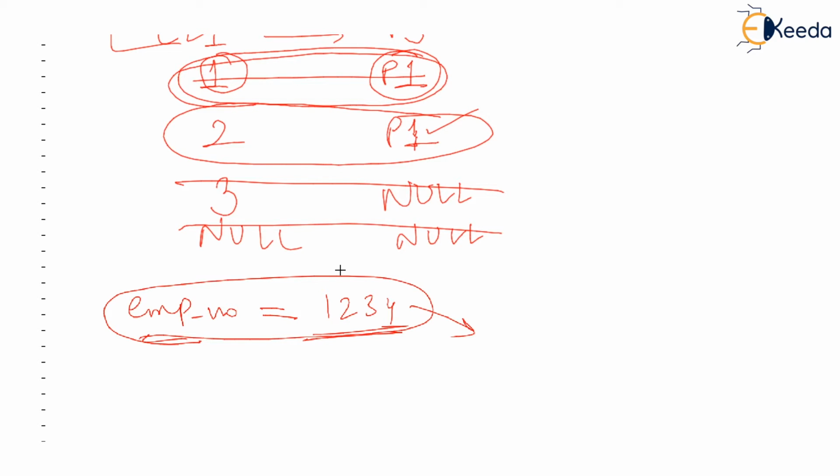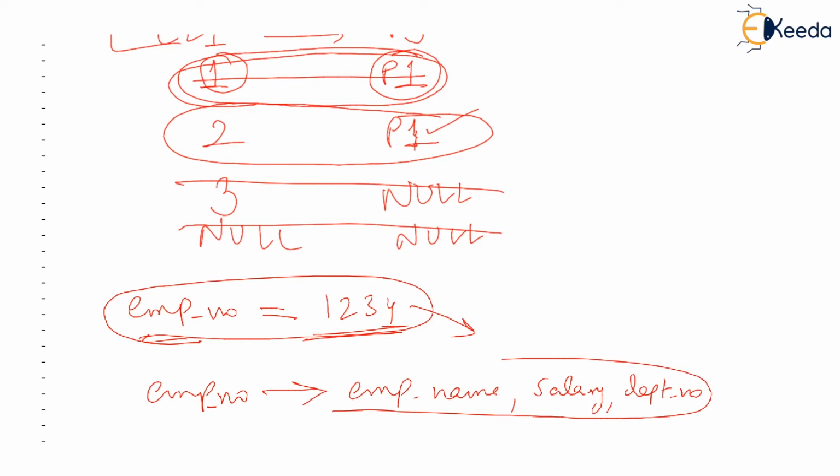So, given the value of employee number, check this sentence, we can determine the employee name, salary of the employee, the department in which she or he works, everything can be determined only by using employee number. That's why that's known as primary, isn't it? This is a primary attribute. I hope you are understanding.